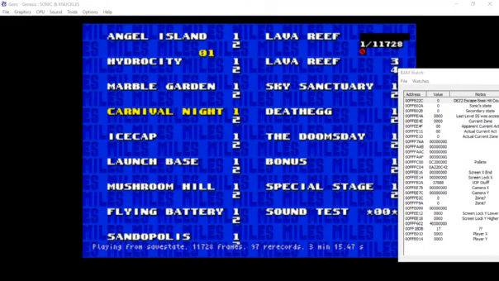Hello everybody, this is Question here, and I'm going to present you a new way of doing the Carnival Night one wheel glitch setup to get to the boss area that I believe is much easier than the method that we've been doing,